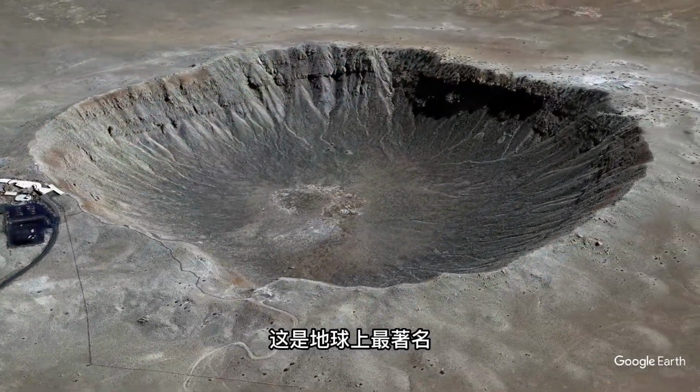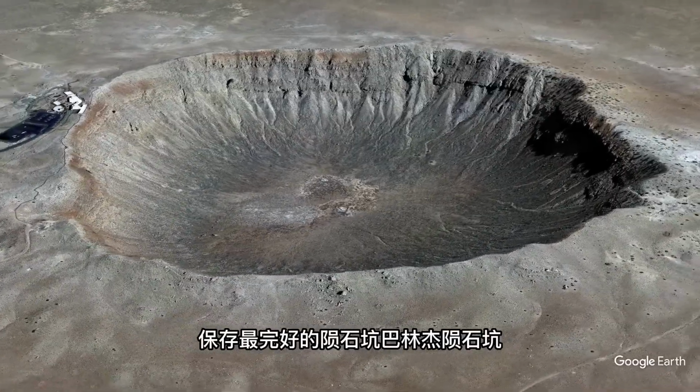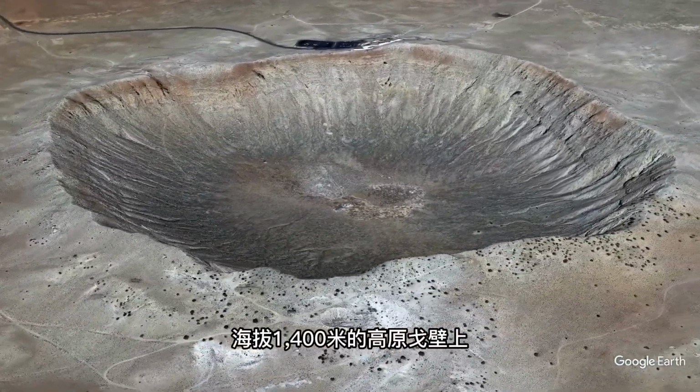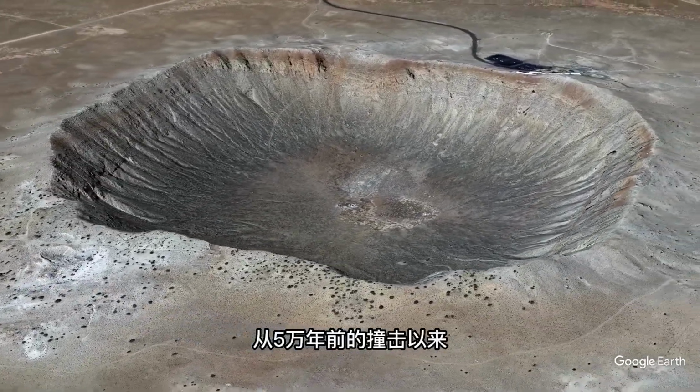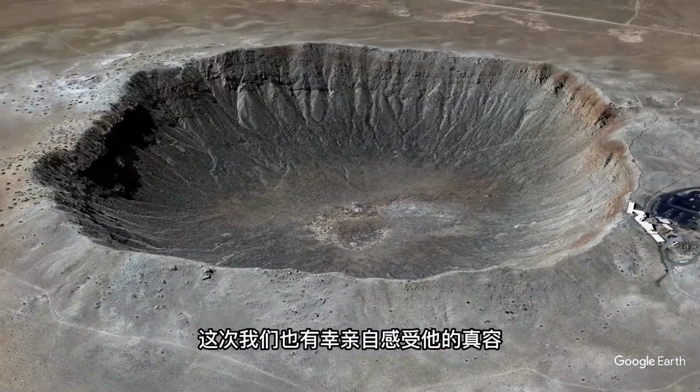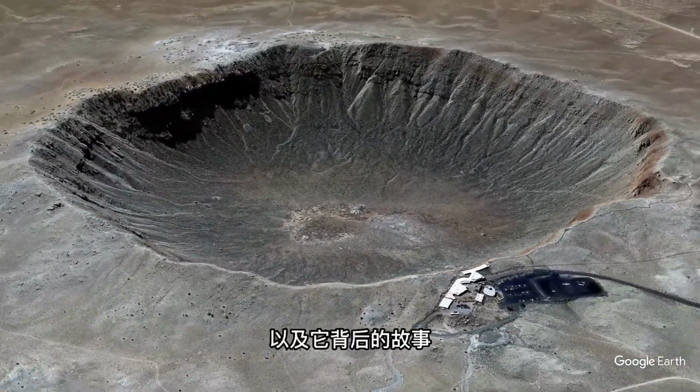这是地球上最著名、保存最完好的陨石坑——巴林杰陨石坑。它位于美国亚利桑那州海拔1400米的高原戈壁上，从5万年前的撞击以来，至今依然保持着当年的模样。这次我们也有幸亲自感受它的真容以及它背后的故事。